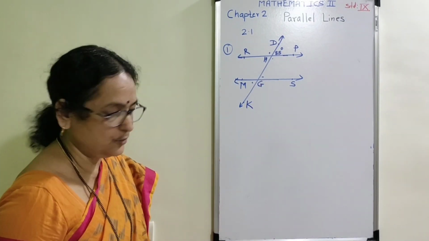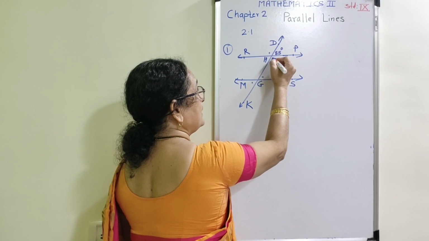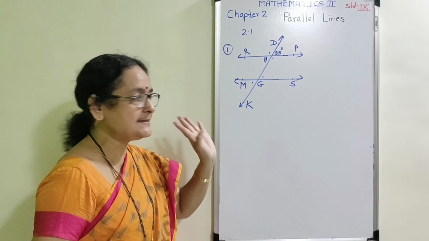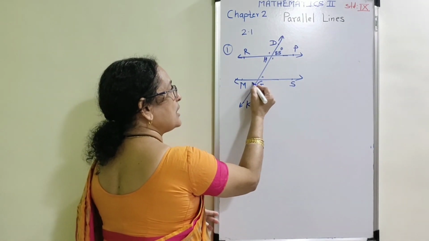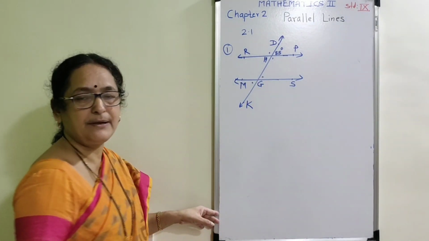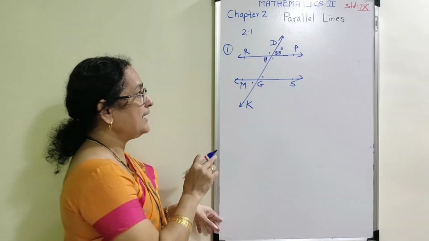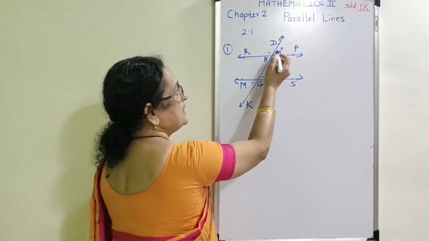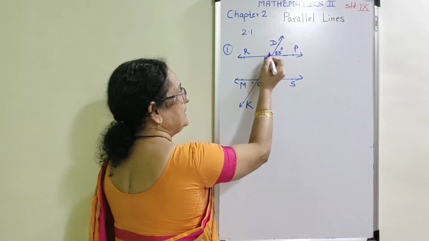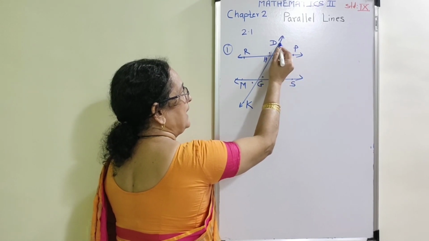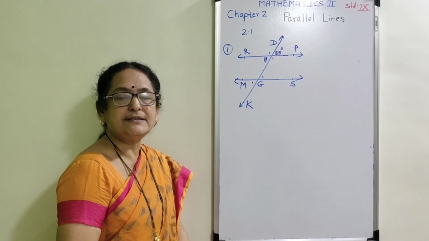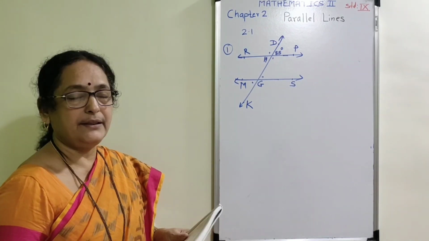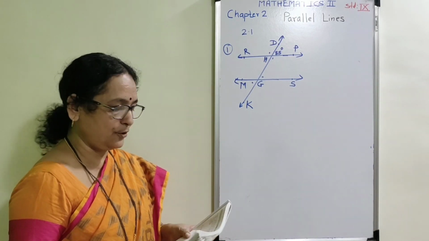Now observe the figure on the blackboard. These two angles are opposite angles. That means find only one measure, you will get the second measure. These two angles are also opposite angles and therefore their measures are also equal. Find one angle, you will get the next measure. Now you can start from any point. These two angles, angle DHP, which is 85, and angle DHR, are angles in a linear pair and therefore their addition is equal to 180 degrees. Therefore, I am going to solve this example from this point.